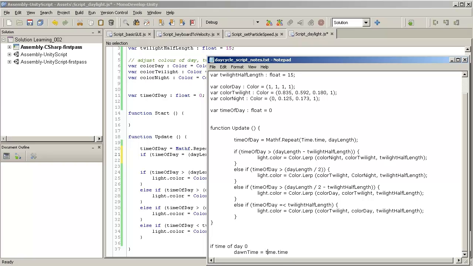Is it capital time? It is equals time, right? So the dawn time of day equals 0, and